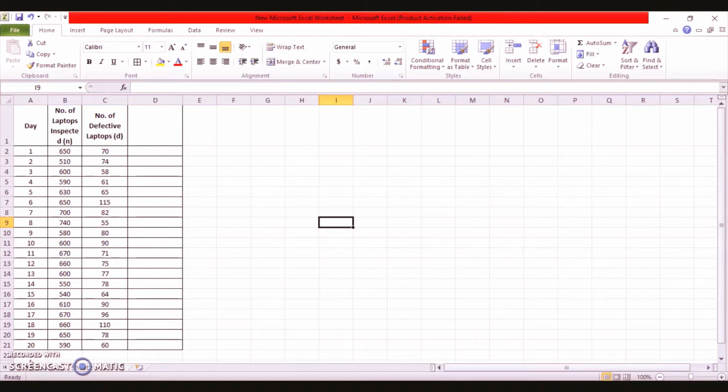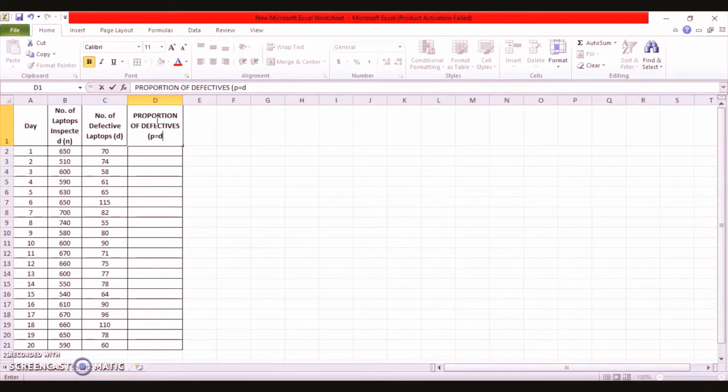For each sample, we'll first find out the fraction defective, or you can say the proportion of defective laptops. Here in this problem it is the proportion of defectives, right? I will not write down laptops, I'll just write small p, which is equal to, what was the formula?